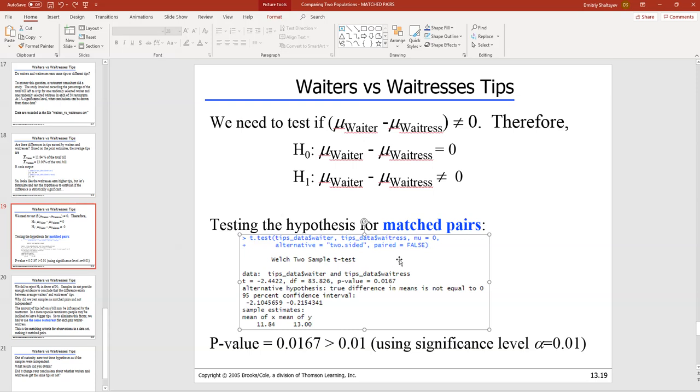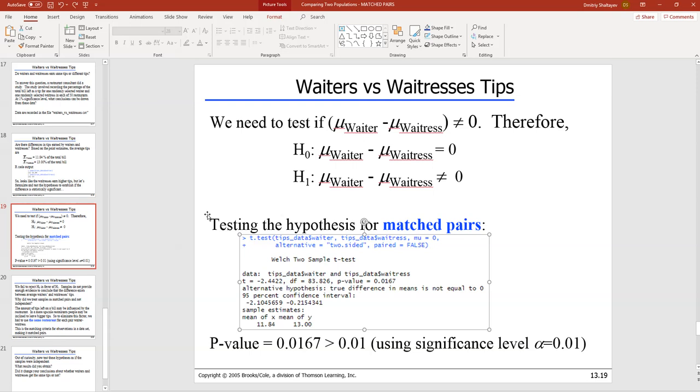So here I tested the hypothesis as if the samples were independent, and it gave me the conclusion that waiters and waitresses are the same. And if I treat the samples as matched pairs, the conclusion changes. Okay, so again, on the exam, please be careful about which test you use and how to recognize which one is correct. Read carefully how the data are collected and try to understand if observations on the same line are matching by certain parameter, criteria, rule, whatever that may be,